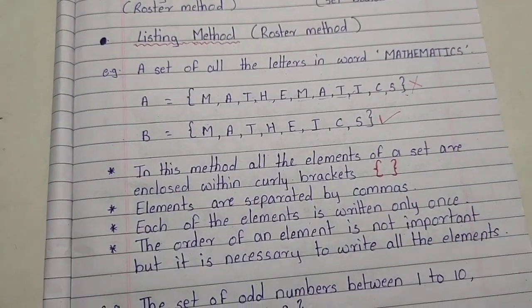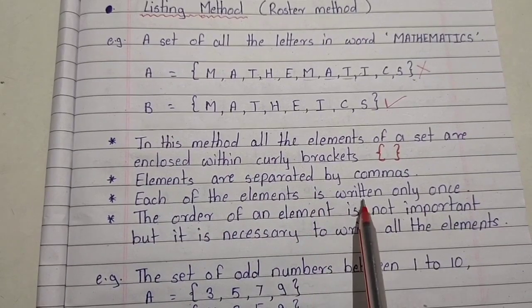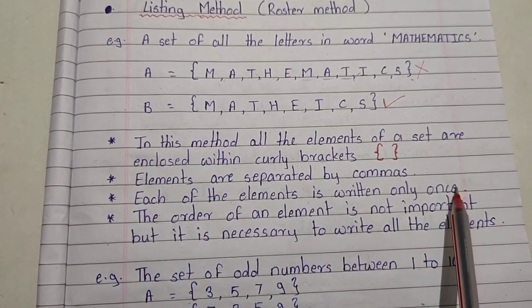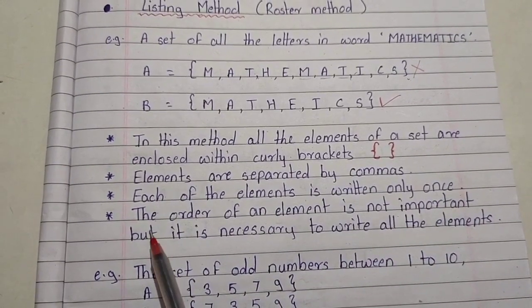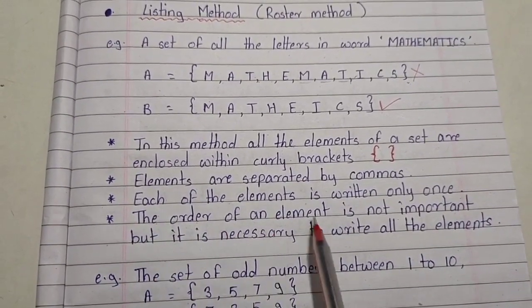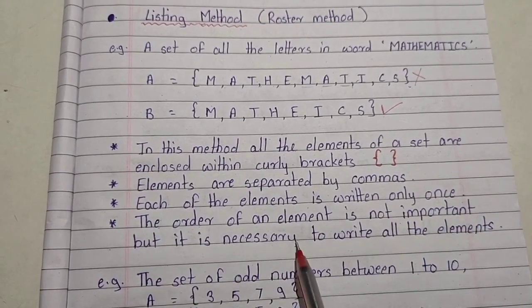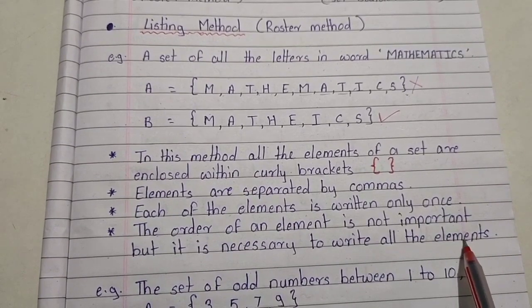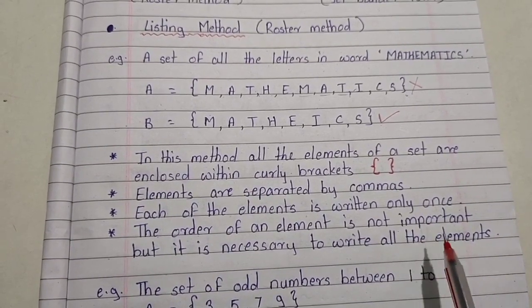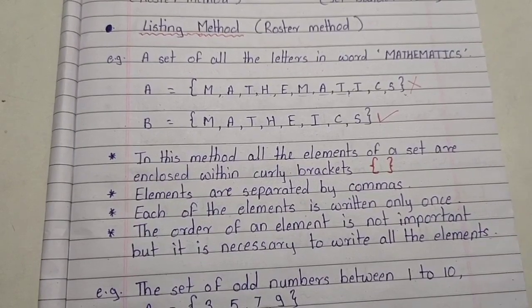So have you understood the third rule? Each element is written only once. We have to avoid the repetition of elements. The last one is, the order of the elements is not important, but it is necessary to write all the elements. We have to include all the elements. In which order we are writing, it doesn't matter. For example,